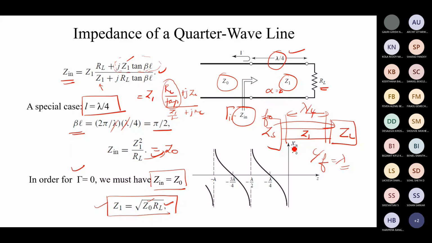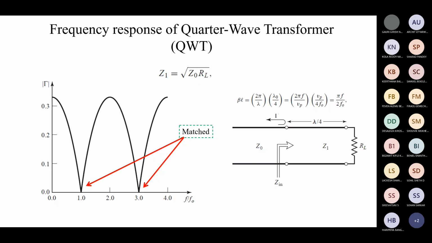And this is going to transform the impedance from ZS to ZL. Smoothly it is going to transform. So that is why it is often referred to as a quadrature transformer. So this quadrature transformer will give ready-made matching. In fact, it is going to give a matching for such a large bandwidth. So you will get the reflection coefficient for